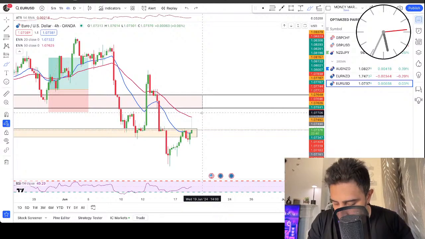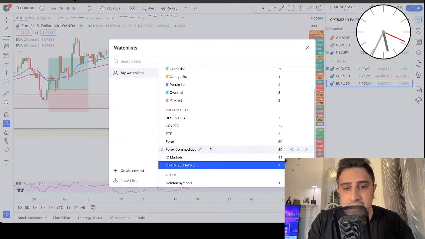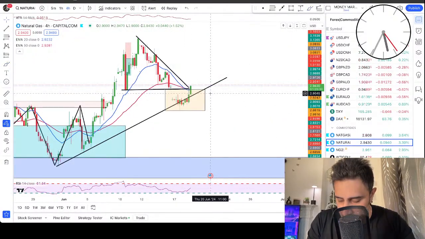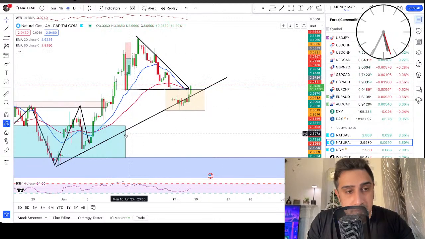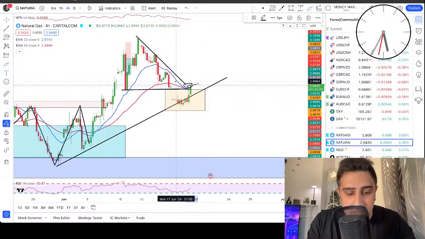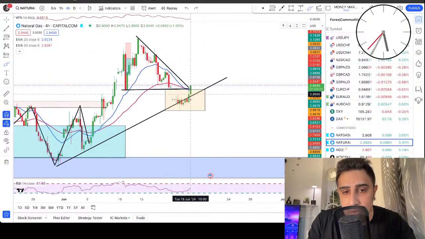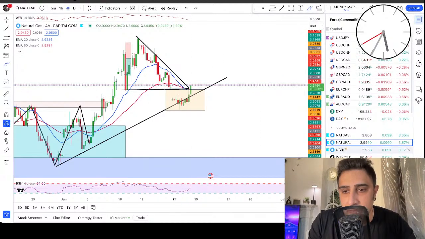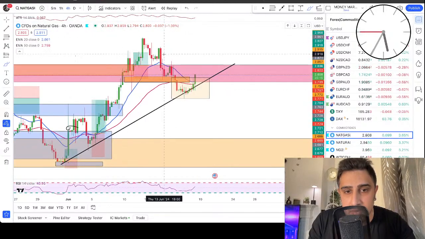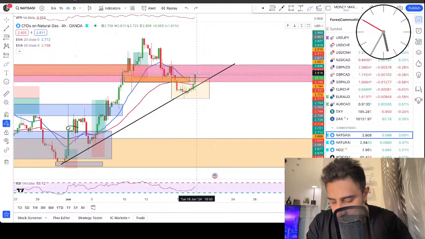Perfect. Okay, gold. I'm going to take a look at gold and natural gas both, and let's take a quick look at natural gas. Wait till this candle is closed. Once this candle is closed, only then do we have a confirmation that price wants to push higher. Very important, because sometimes candles close back down, leaving the wick. That is what we don't want. So wait till the price closes above this box and the 50 EMA as well. Here we have good momentum. Let it close, and then we have a confirmation that price is likely going to push higher.